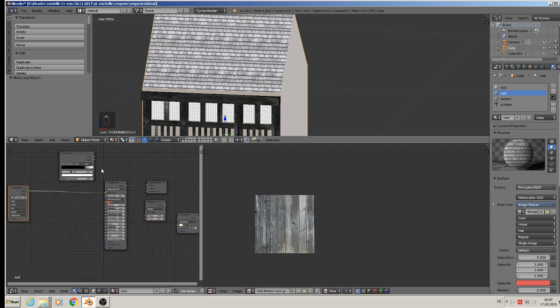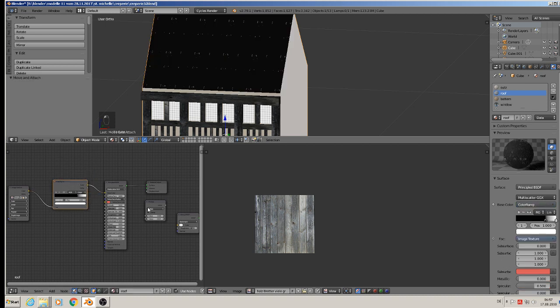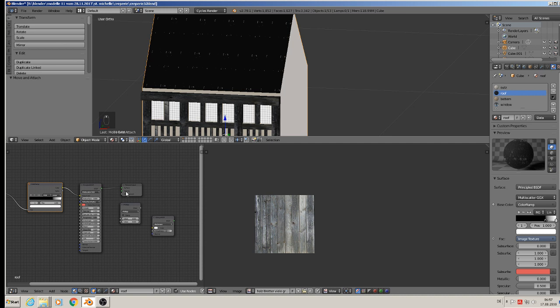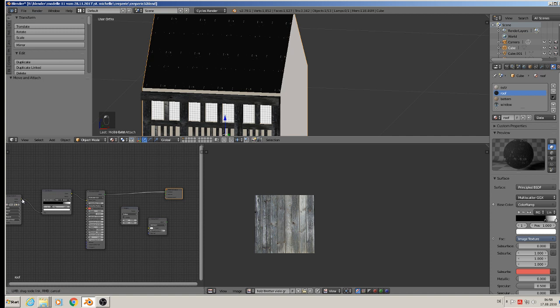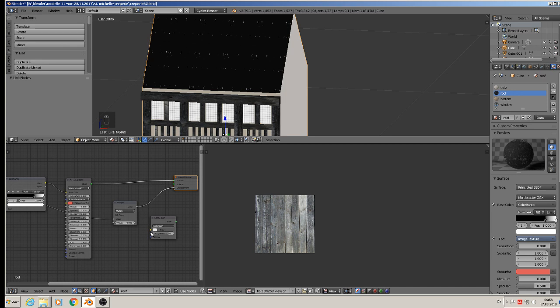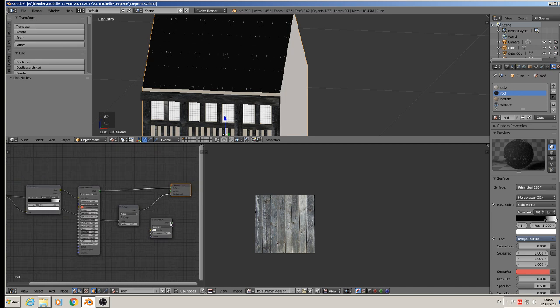Now we take the color ramp between image and principled shader, so I can control how dark that should be. Then the multiply, I get the color from the texture into the multiply, and then the displacement, so I have the 3D effect there, and the glossy is there for the mixing,